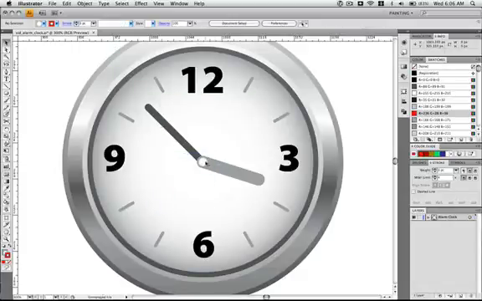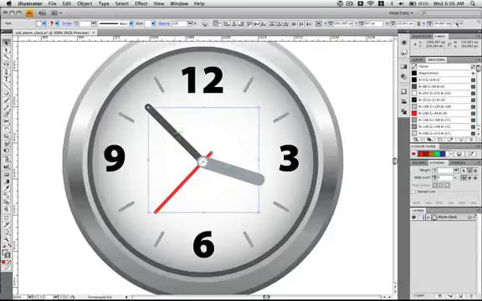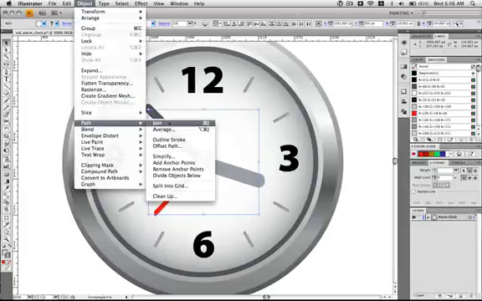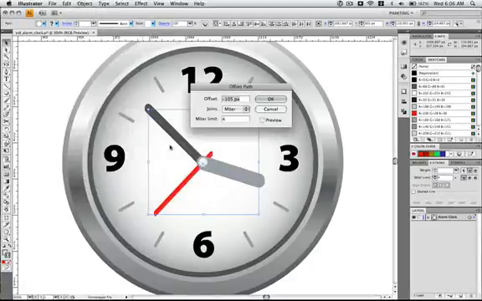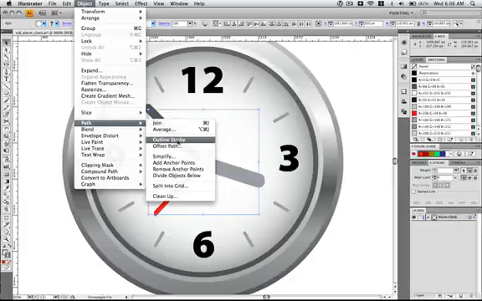Select the center. Actually, we're going to select the hour hand and hit Command B, so it sends it all the way to the back. Then select all 3 of these. Hit Command C, and then Command B. Move it down just a little bit, and then go to Object, Path, Outline Path. Whoops. Object, Path, Outline Stroke,